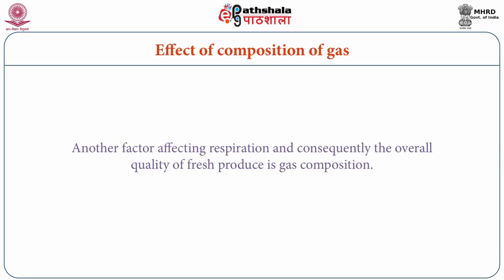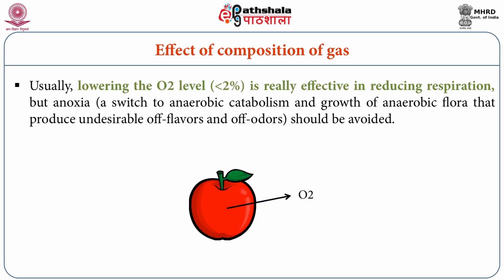rate. If we consider the effect of the composition of gas in the surrounding areas, which is another factor affecting respiration and consequently the overall quality of fresh produce, usually lowering the oxygen level to less than 2% is really effective in reducing respiration rate. But anoxia, which means promoting anaerobic catabolism and growth of anaerobic flora that produce undesirable flavors, should be